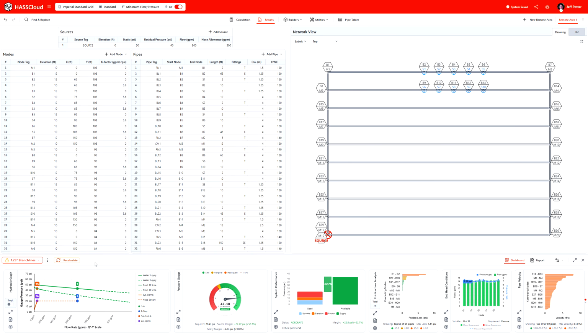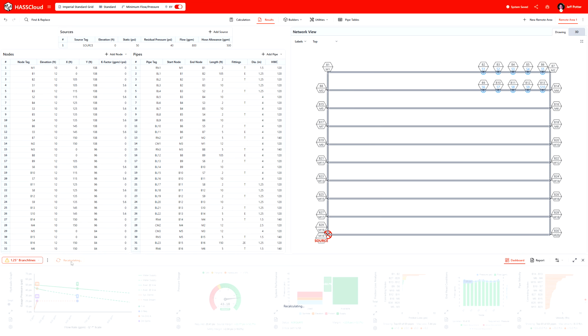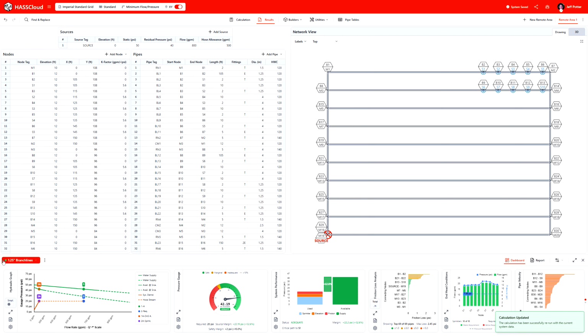Now you will also notice a Recalculate button appears next to the results list. Select Recalculate to rerun with the current data, and the dashboard updates with the new results. This doesn't add a new calculation to the results list. Instead, it updates the current calculation and marks the calculation up to date, since the calculation now uses the current